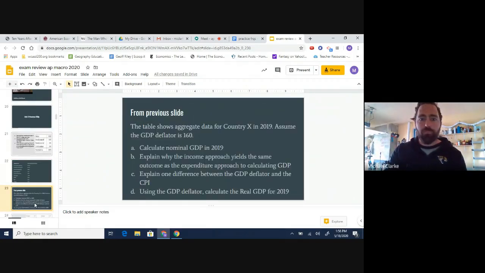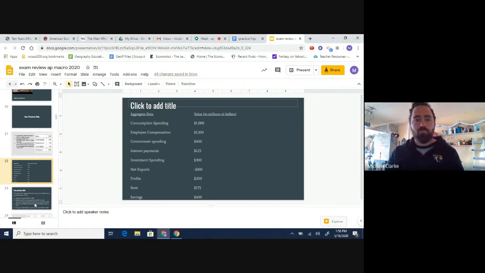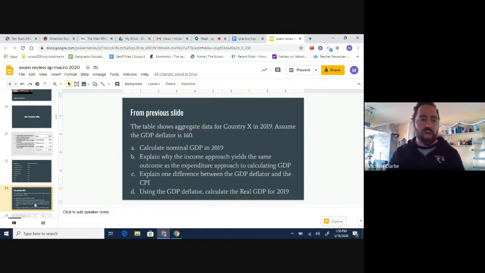All right, last one. I hear you got a whole bunch of values related to GDP. You got everything from consumption spending on down to savings. Here's a set of questions for you. Now, unfortunately, I couldn't fit this all into one slide, guys, so I'm going to be bouncing back and forth. So if your eyes are sore by the time you're done with this, I apologize.